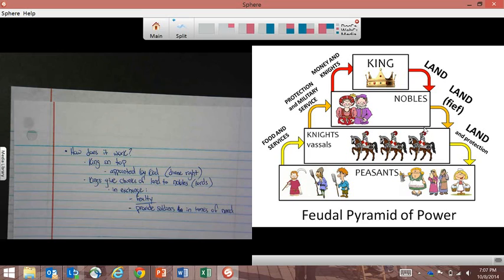So yes, knights were real. Yes, they wore armor. All that stuff is true. And these knights are the lords who were in charge of the manors we were describing earlier. In exchange, when they get this land, they too have to provide military service to the nobles, and they have to provide taxes and so on